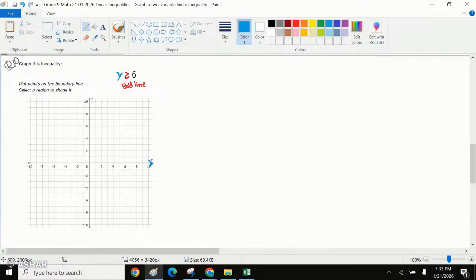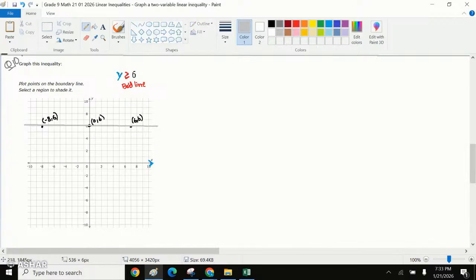Okay, so now let's try to plot y equals 6. That means on the line y equals 6, the value of y would always be constant. Can we say this is the point where the value of y was 6? So can we say this coordinate is 0 comma 6? If we take another point over here, can we say 6 comma 6? And if we take a point over here, can we say negative 8 for the value of x comma 6, right? So what we can say over here is that on this line,